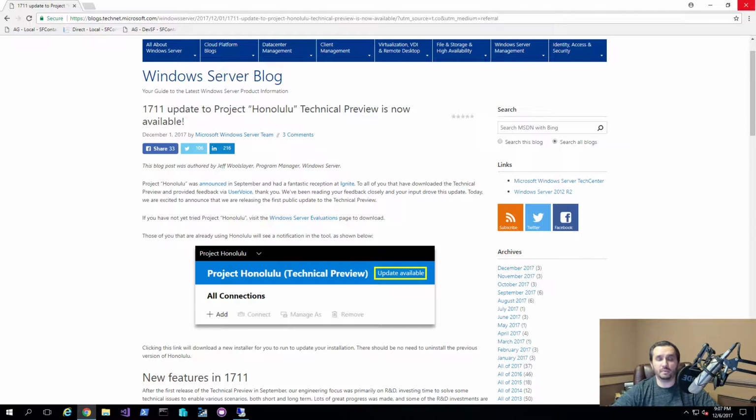In today's video, I'm going to show you an updated version of a server management tool called Project Honolulu. Now, this is a server management tool that's made by Microsoft, and it's still in the technical preview. So if you're an insider for a Microsoft program, then you're able to download these bits and actually play around with them. Now, Microsoft released this tool in September of 2017, and it's been a couple of months since